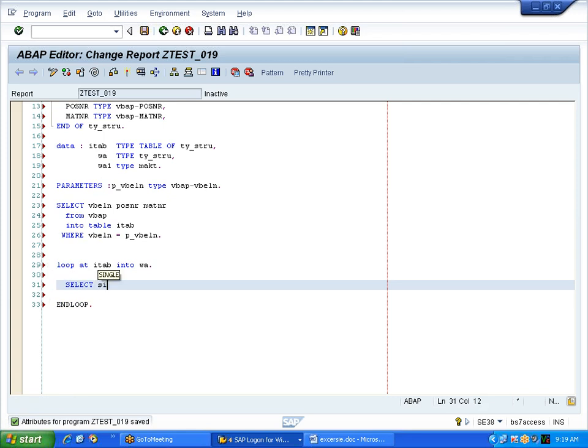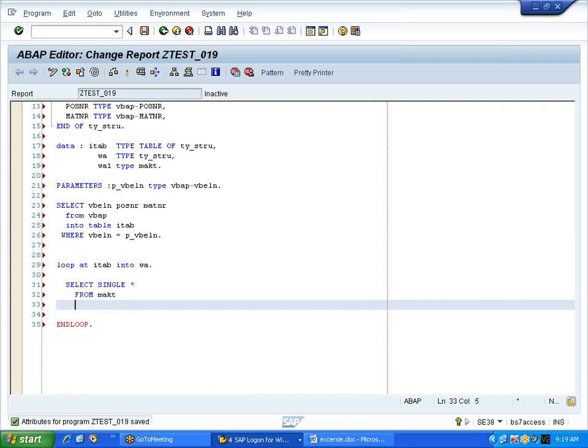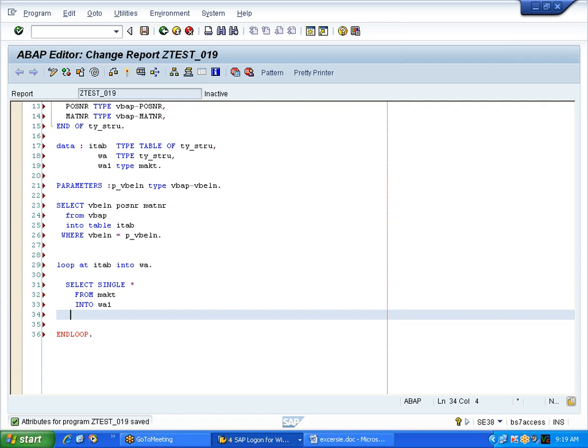So here what will I do? Select single star from MAKT into work area 1 where MATNR is equal to